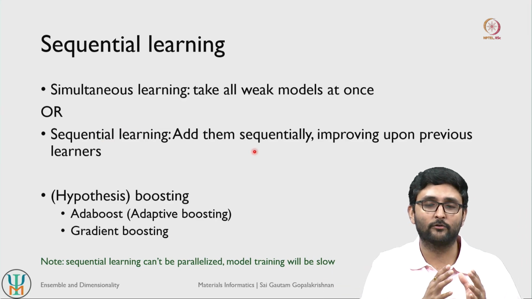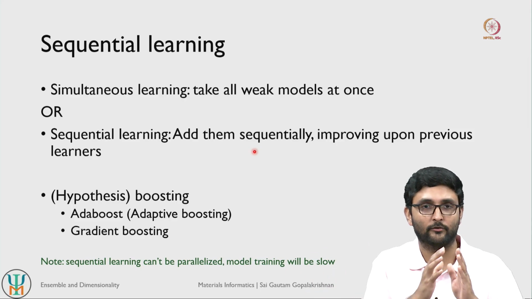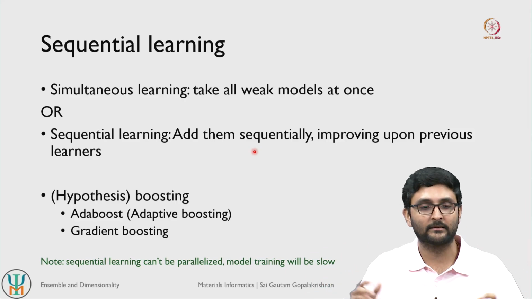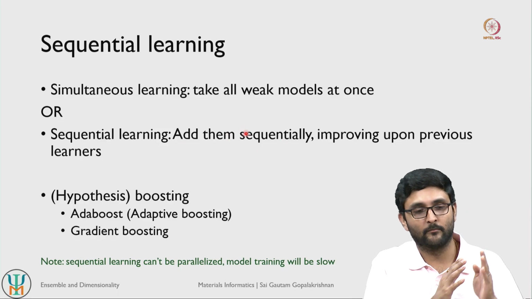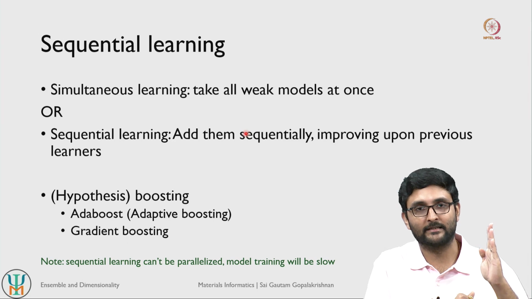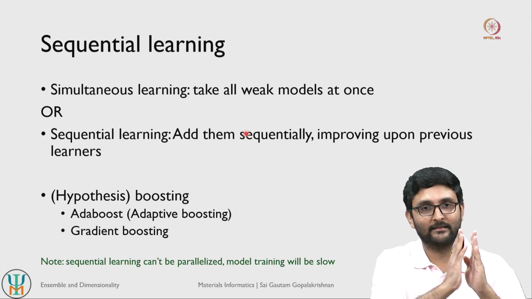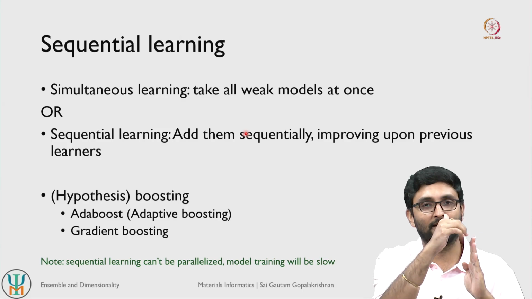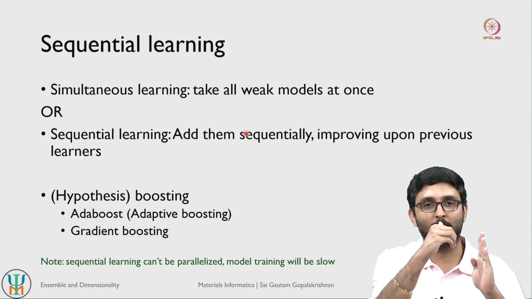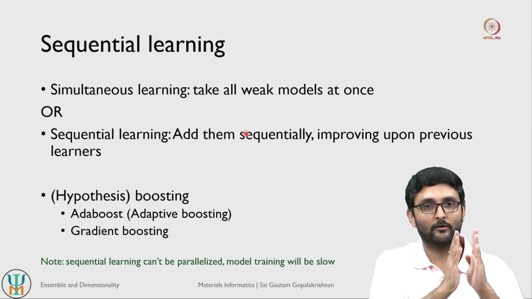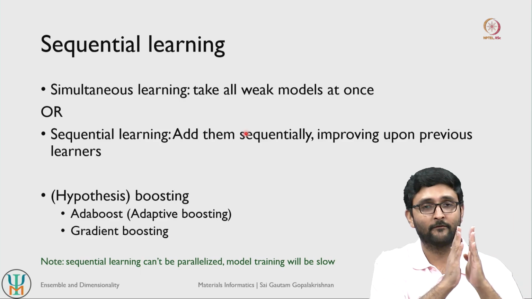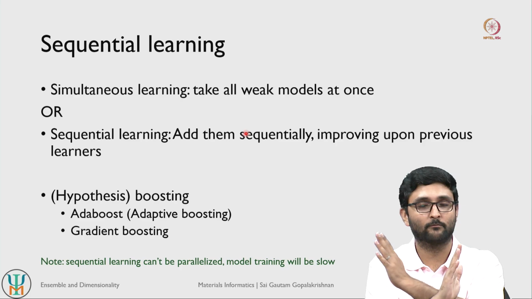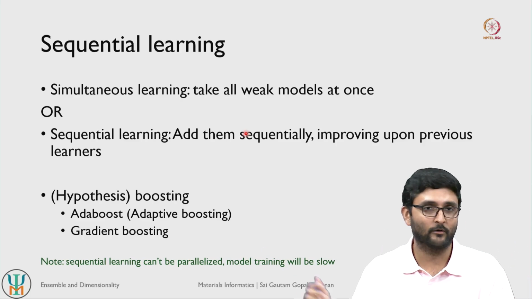Here also you try to create an ensemble model. You try to create a collection of weak predictors, but the collection is made sequentially. You first train one model on your data set, and then you add a second model which is designed to make the predictions of the first model better. The second model, when you add it to the first, becomes slightly better than the first model by itself, and then you create a third model which becomes better than the first two models combined, and you create a fourth model that becomes better than the first three models combined, and so on.